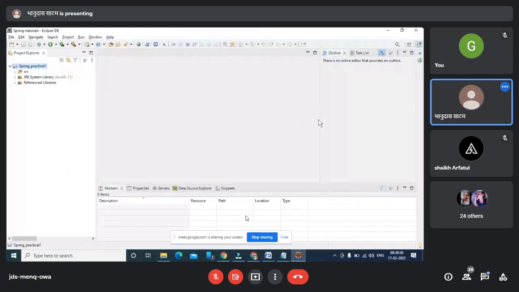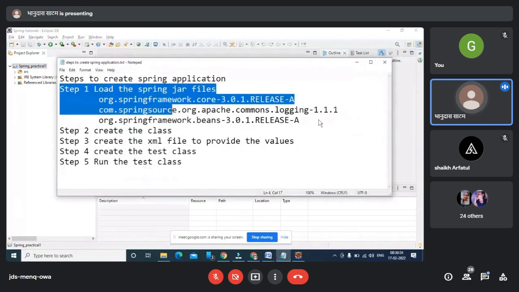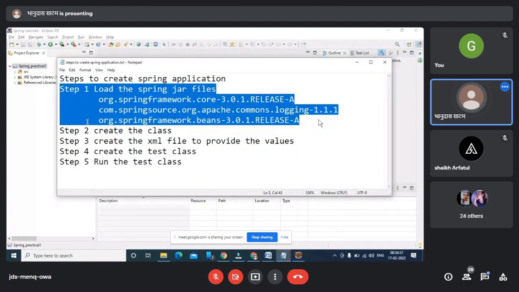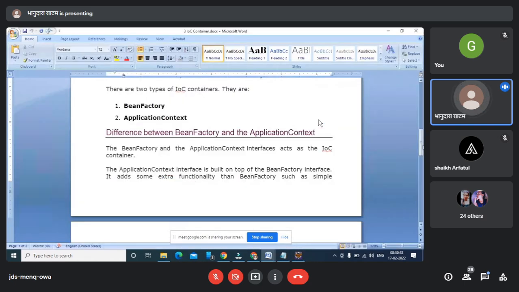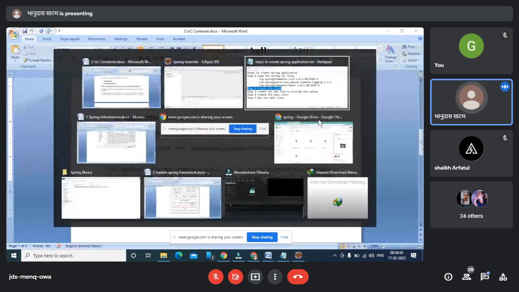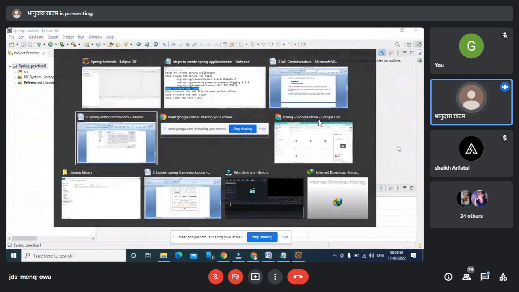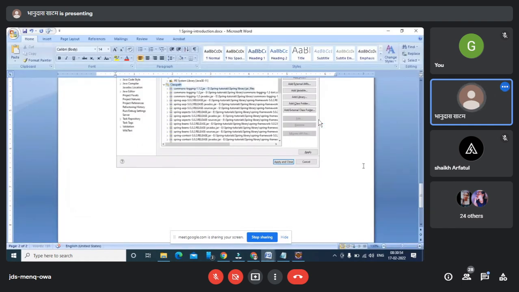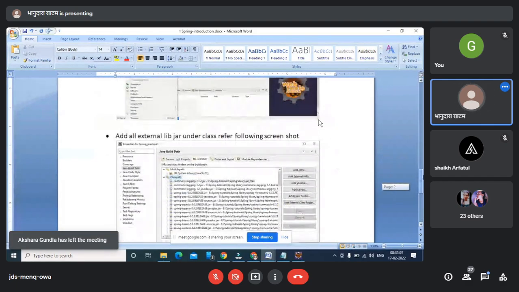Okay. So now the second step which I'm talking about. Step one I completed, I added all those things. Now I'm going to create my class as step two. Whatever object you are using, after adding the libraries, you are going to create a class. So all the installation is completed here, and I'm not going to repeat the installation.